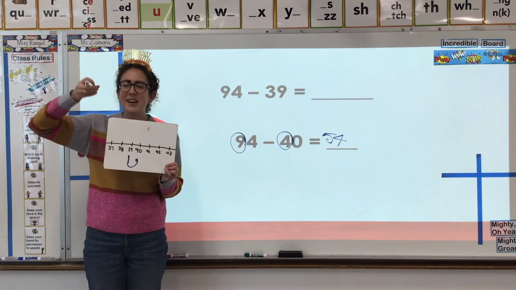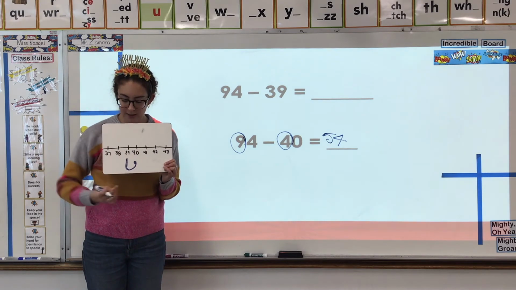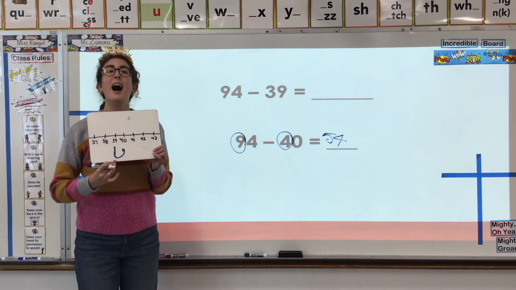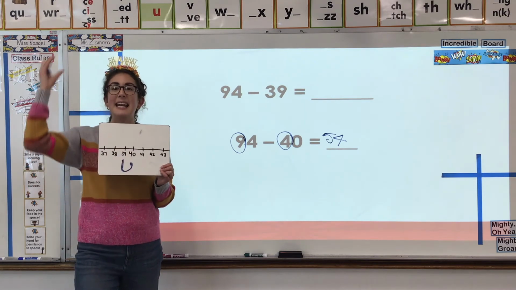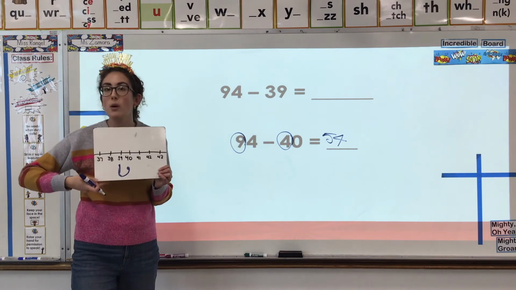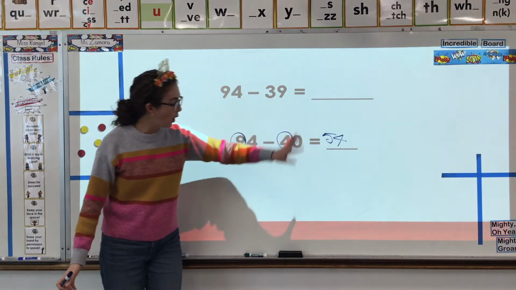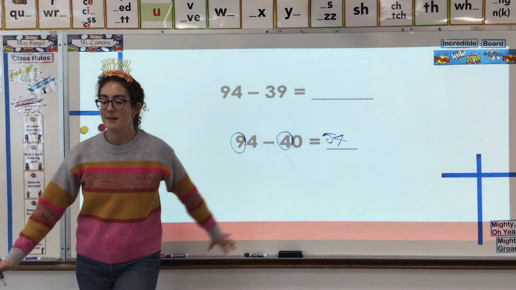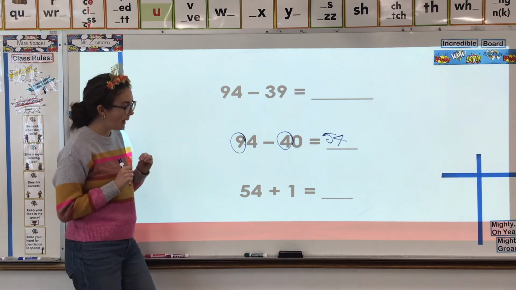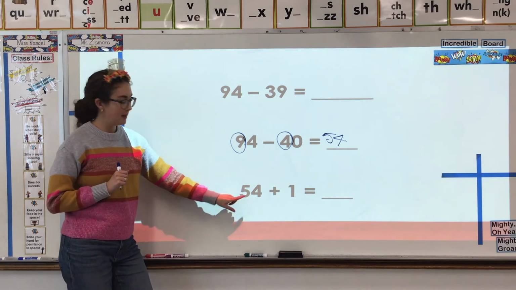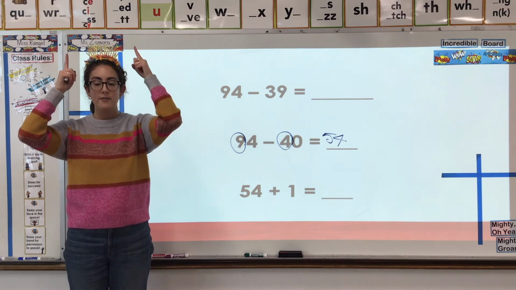We need to give back a 1. We need to go back on the number line and give back something we already took. So it would be 54 plus 1. We're giving something back. So what would that be? 54 plus 1,